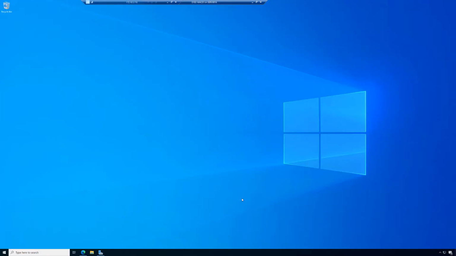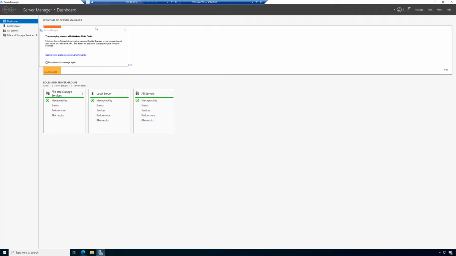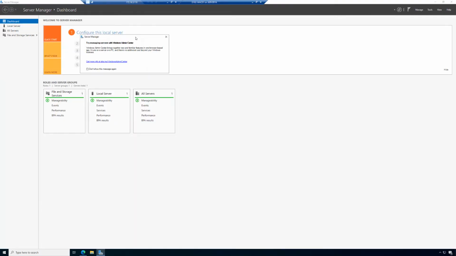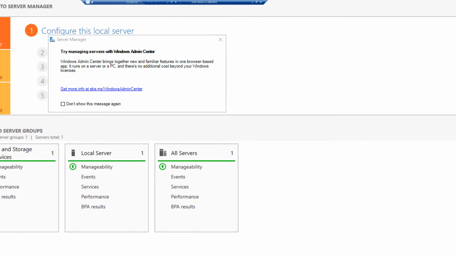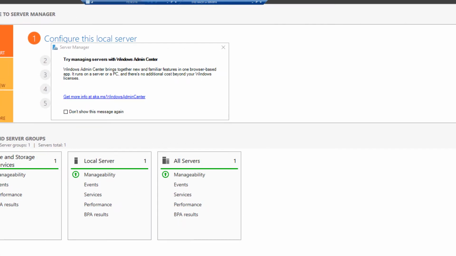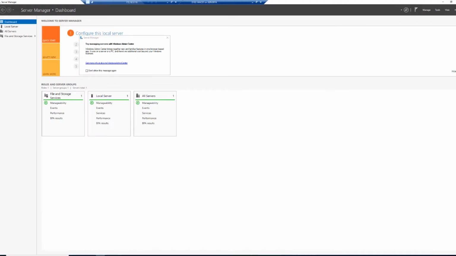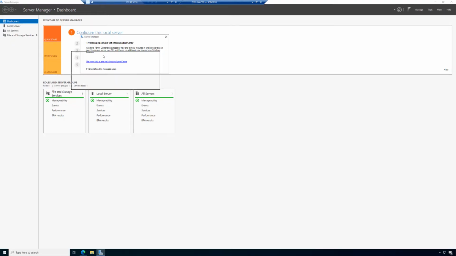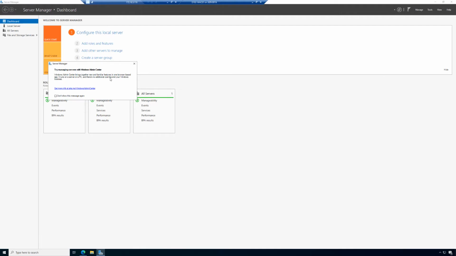I've prepared a Windows Server 2022 server operating system. It's a Windows Server standard installation. And as soon as I open the Server Manager, I can see information that I could try to manage servers with Windows Admin Center. It's a default pop-up window that is shown,